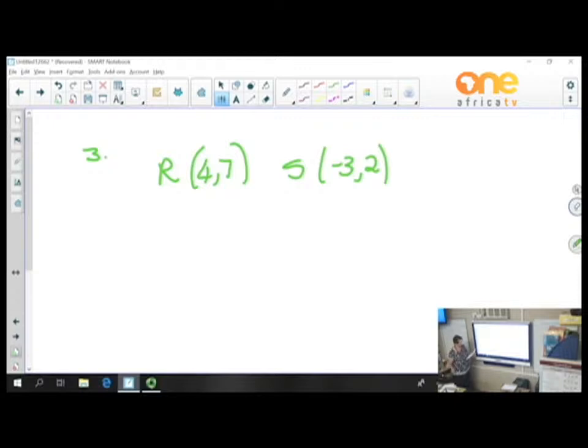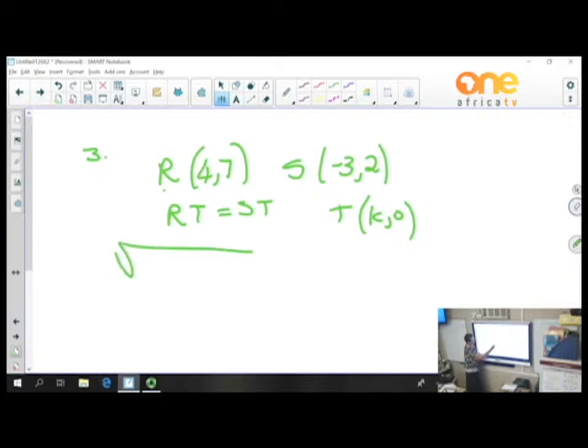But the information that they gave us is that RT is equal to ST. So the hint there at the bottom is let T be (k, 0). So they say T is (k, 0). So now RT means I'm going to work with this one and this one. So it will then be